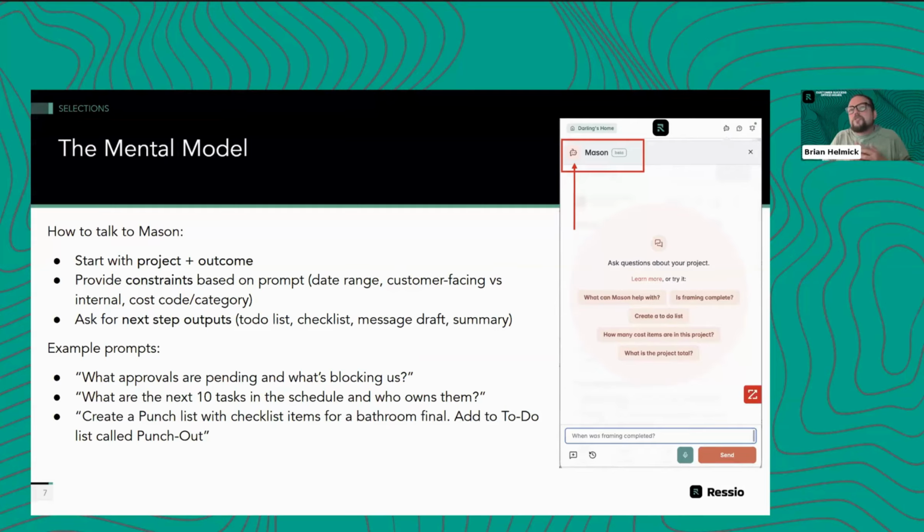So we want to make sure that we provide constraints on the prompt. Date range is a good one. Ask Mason what changed throughout April. Customer facing versus internal. We can check on things like that. Cost codes and categories. There's a lot of things where